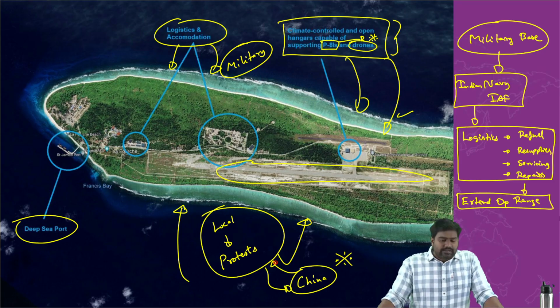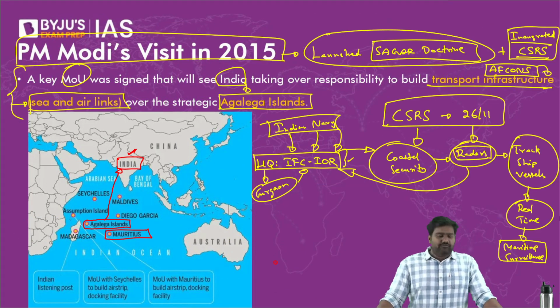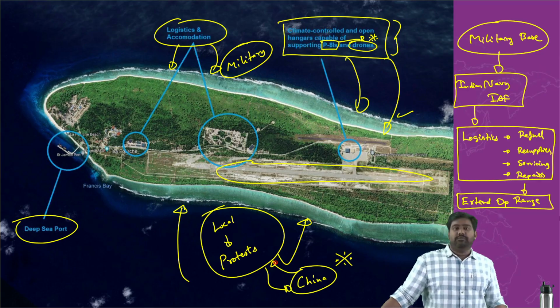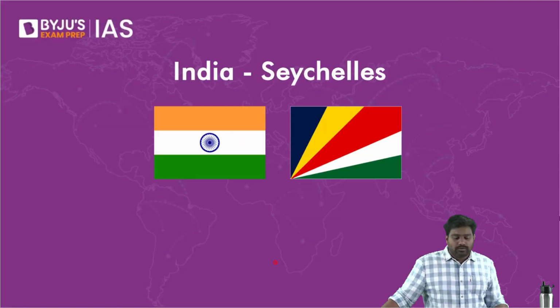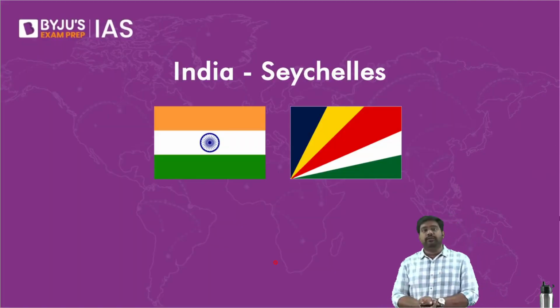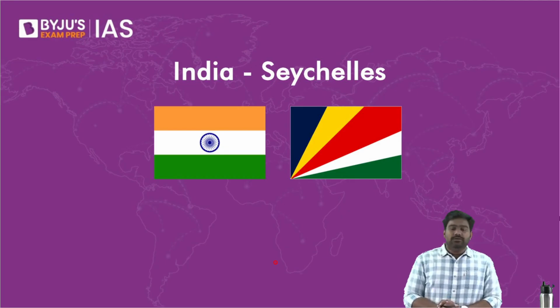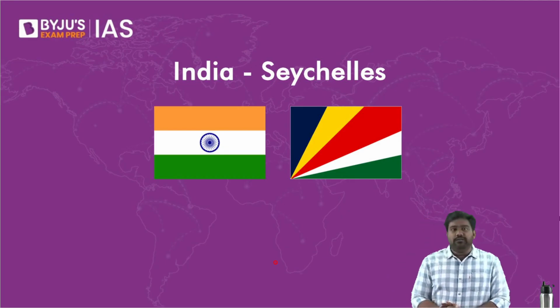All right. But nevertheless, we have gained a major influence and presence in Mauritius, from its economy to its defense, to its infrastructure. In every sector, India plays a critical role, and that is the special relationship that we share with Mauritius. So I think this is enough for today.